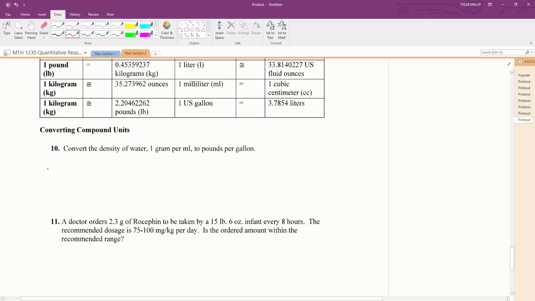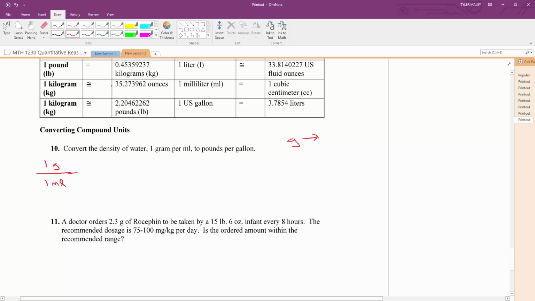So number 10, it says convert the density of water, which is 1 gram per milliliter, to pounds per gallon, right? So I want to go from 1 gallon to 1 milliliter, right? So that's the density of water. And I'm going to convert this into pounds per gallon. So I'm going to want to go from